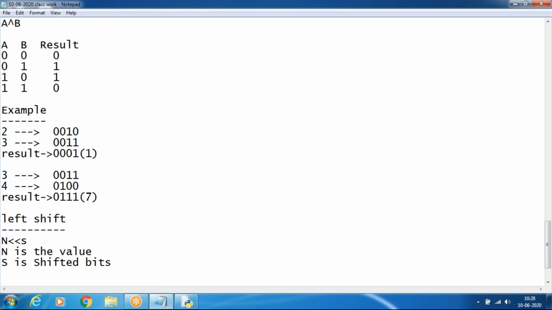You see in a formula, left shift equals n into 2 power s. I am using star, n * 2 power s here.